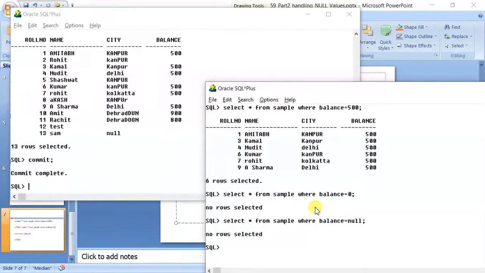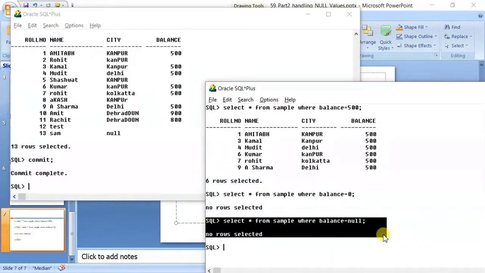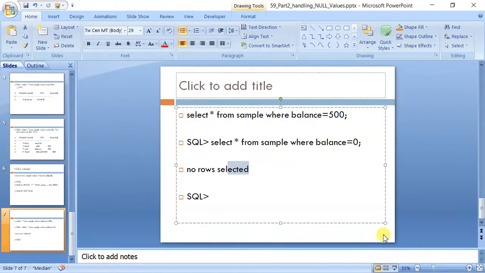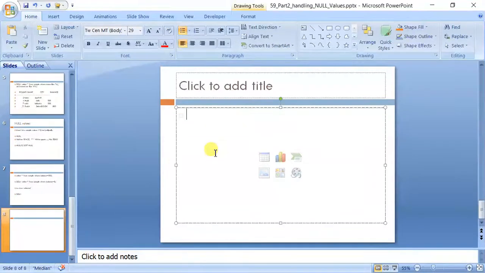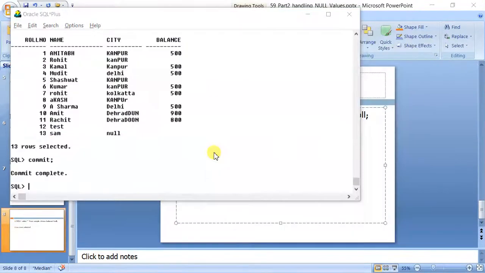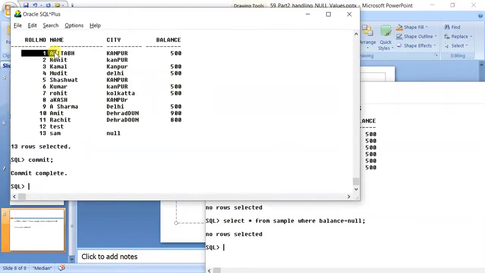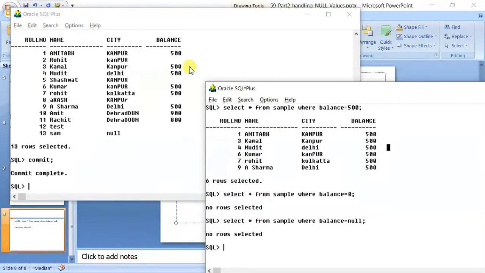Now why? It is important to understand this because it can help you in many of your placements and competitive exams. Why has it come like this? When you give a certain value as comparison, Oracle goes to every record one by one and checks whether the value of that record matches this value or not.